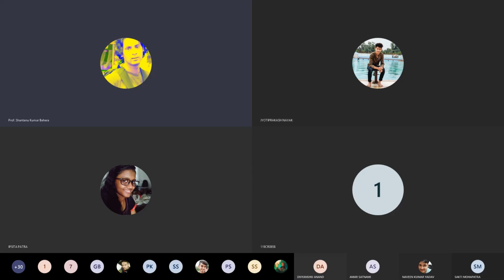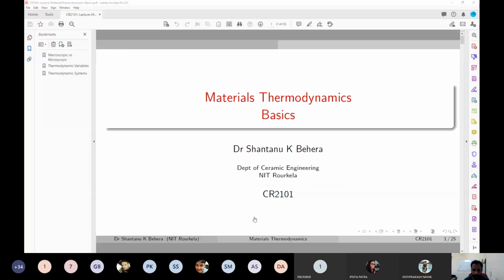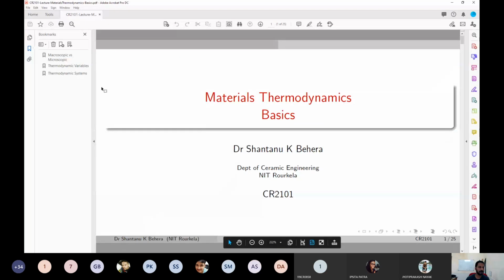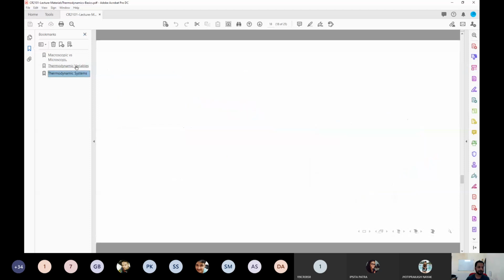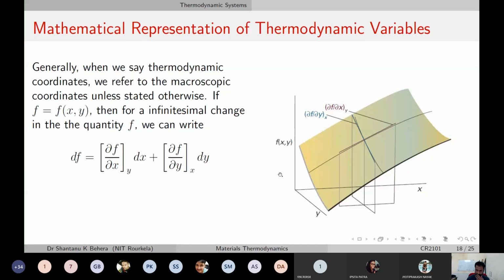Go to the sharing mode. Open share tray. So this is it. So it's on record. Yeah. So we'll go to thermodynamic system. Okay. So we have L. Yeah. So